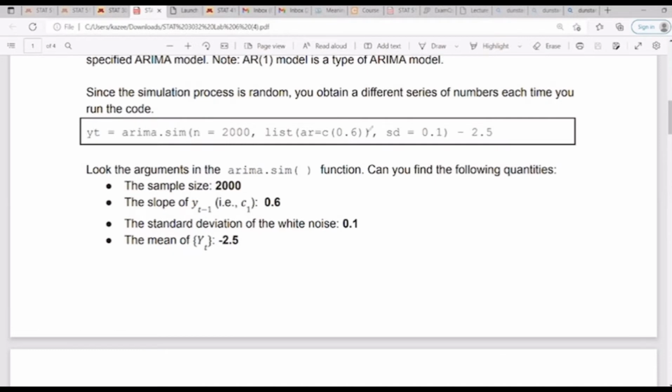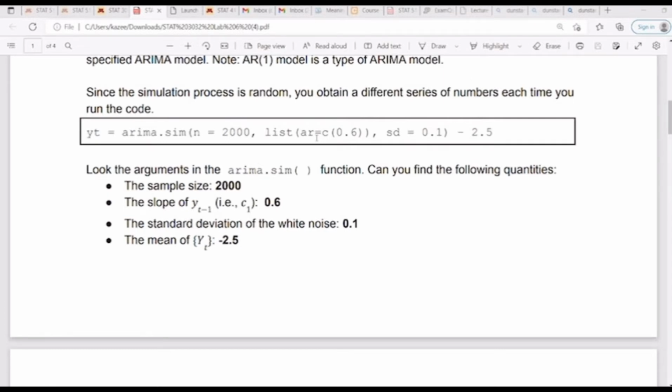Okay, so this is the C1, and this is the standard deviation. Of course, we got this by finding the square root of the variance of WT, and of course, the minus 2.5 is the theoretical mean. Okay, I think you understand the specification now. So what I'm going to do now,